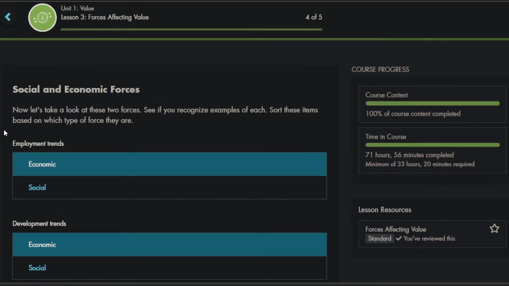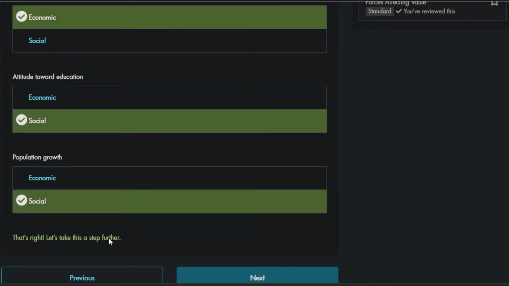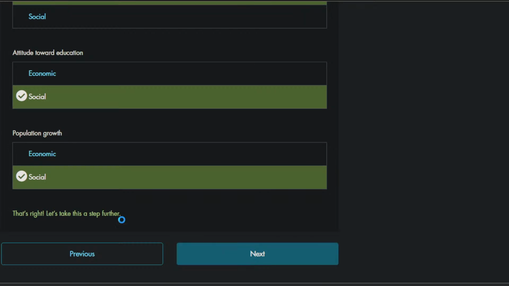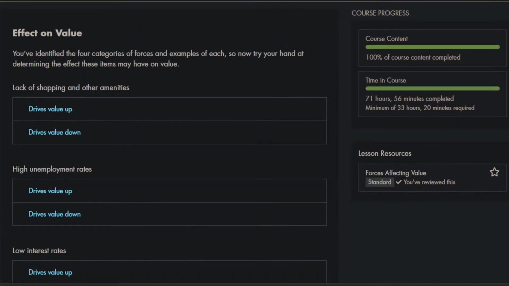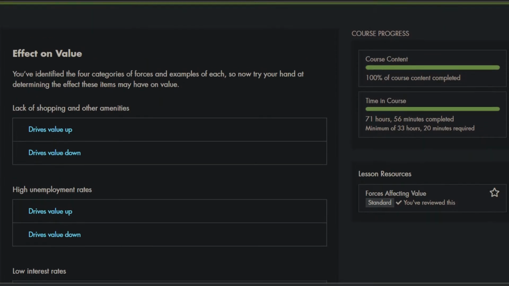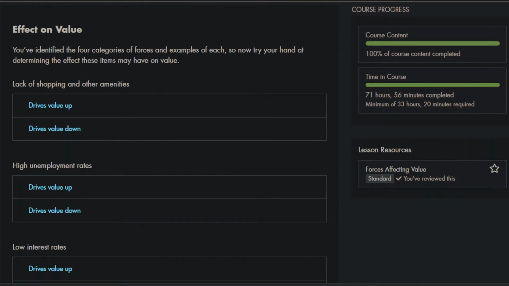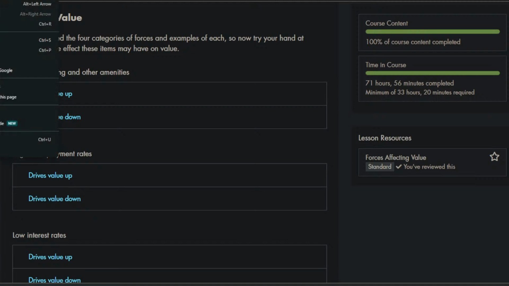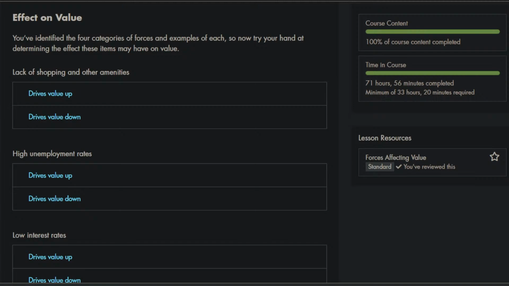Now I'm going to tell you, with this course, they make it super easy. It's kind of easy to cheat through this course, and that's not obviously what we want to do. But they don't really make it very complicated. I'm not gonna lie. You're probably thinking, man, this is really easy, Michael. It kind of is. And here's the secret: the course is way easier than the state test. So we passed the course, my husband and I, and we're both going to be taking the state test to become licensees.